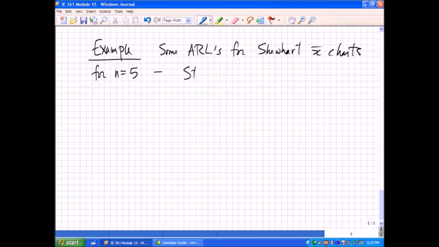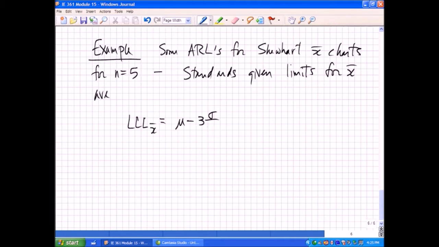Now, given standard limits for X-bar, the lower control limit for X-bar is set at process mean minus 3 standard deviations for the process over the square root of 5, and the upper control limit is set at process mean plus 3 standard deviations of the process over the square root of 5. Pictorially,